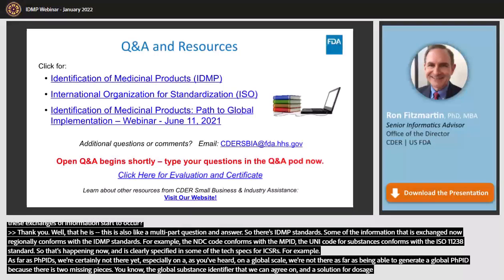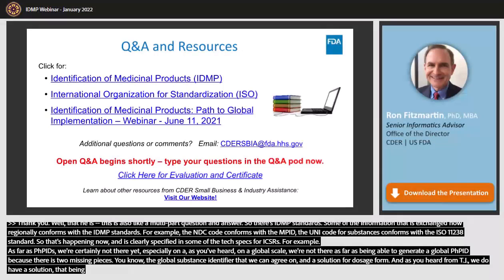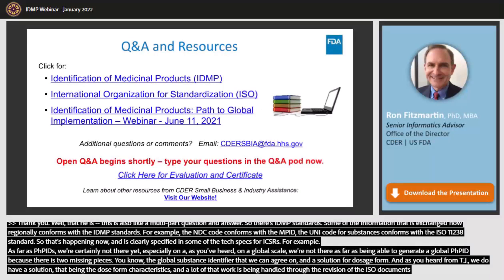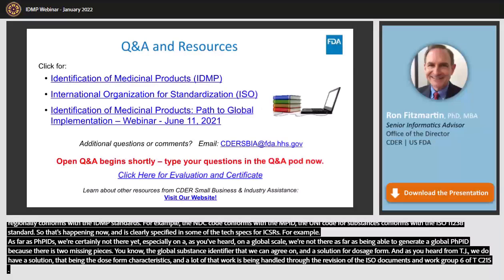And we, as you heard from TJ, we do have a solution, that being the dose form characteristics. And a lot of that work is being handled through the revision of the ISO documents in work group 6 of TC215. And so, as far as exchange of information,